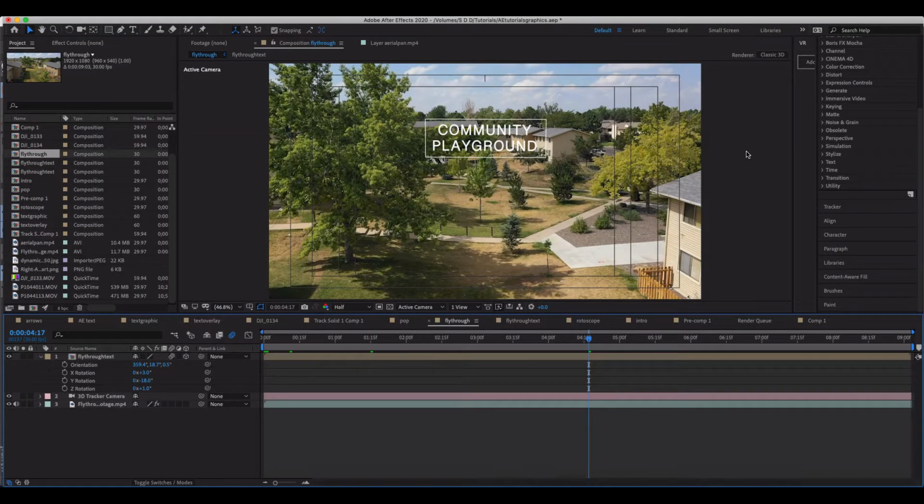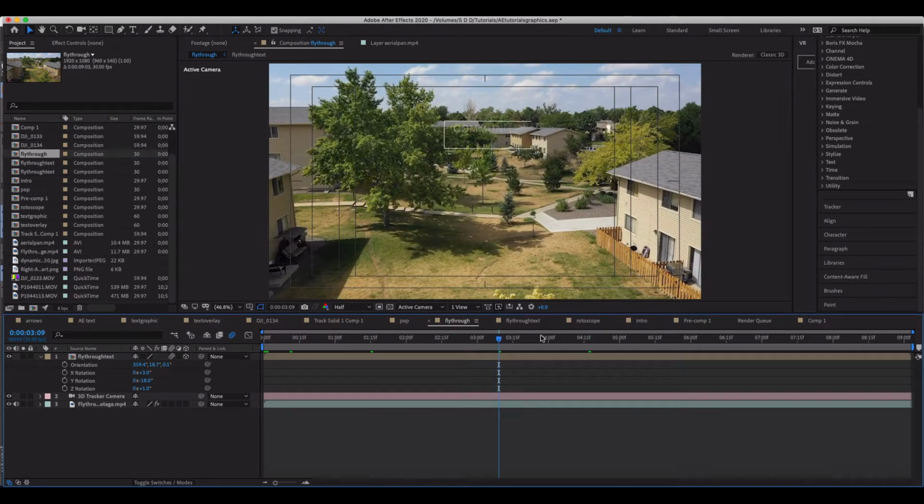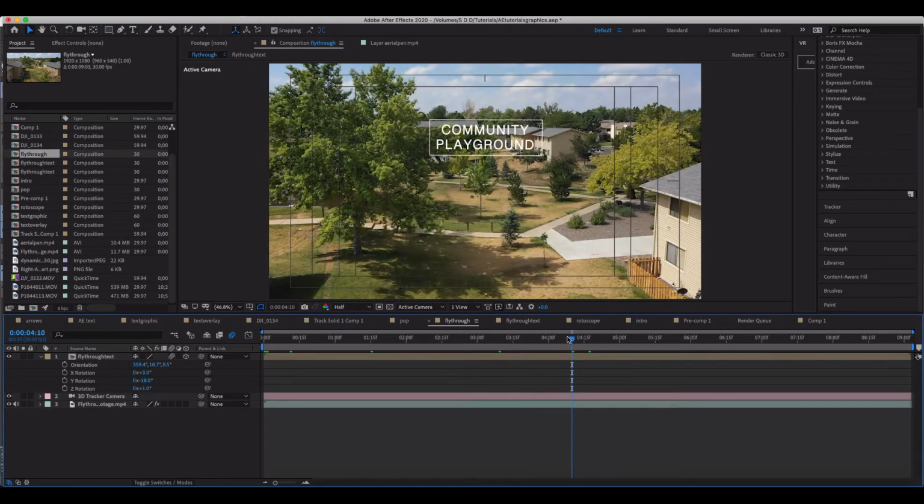In this tutorial, a question that we've been getting a lot is how do you export from After Effects not in the QuickTime MOV format but in MP4. And so I have this scene here that is just a video clip with some tracking text that shows up,